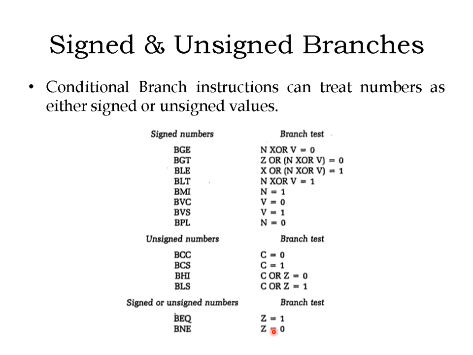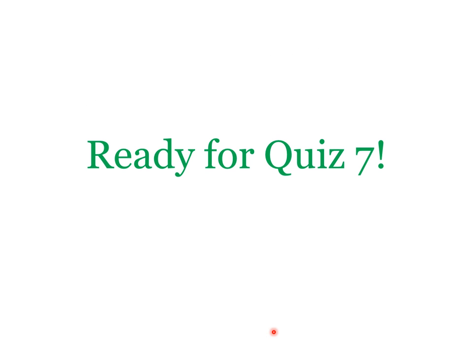No. You don't have to do anything. All you need to know is which branch considers signed numbers, and which branch considers unsigned numbers. That's just a list of all the branches. Okay. So in the next quizzes, which are quiz 7 and also quiz 8, you will be answering some questions based on the branch. So pretty much